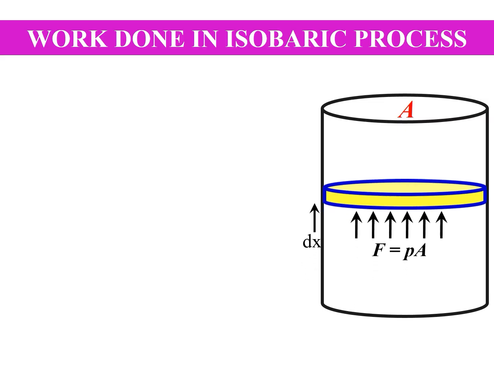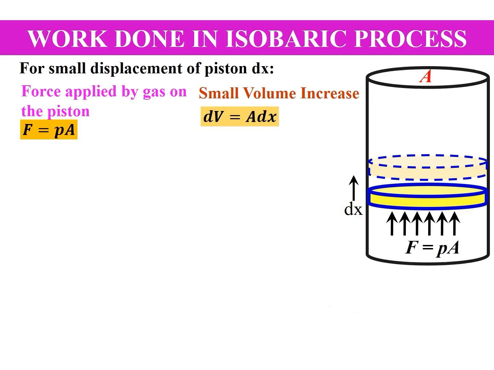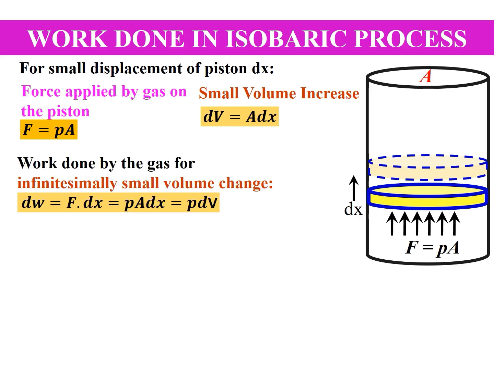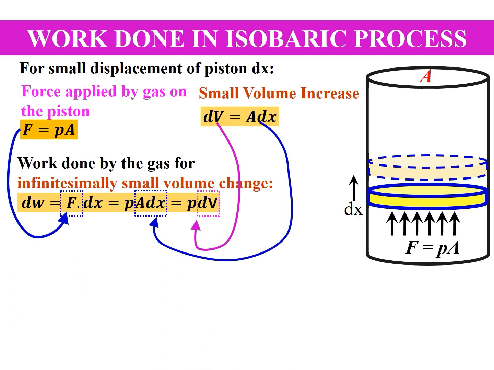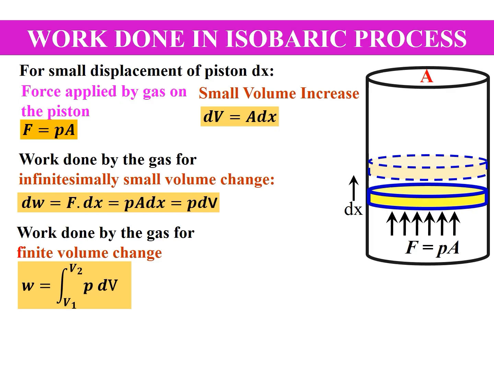Thus, force F is equal to pressure into area A. Here, A dx expresses volume increase dV due to small piston displacement dx. The work done by the gas dW for infinitesimally small volume changes is equal to force dot displacement dx. As F is equal to PA, therefore dW is equal to P into area into dx, which becomes equal to PdV. Work done for finite volume changes can be obtained by integrating this PdV from initial volume V1 to final